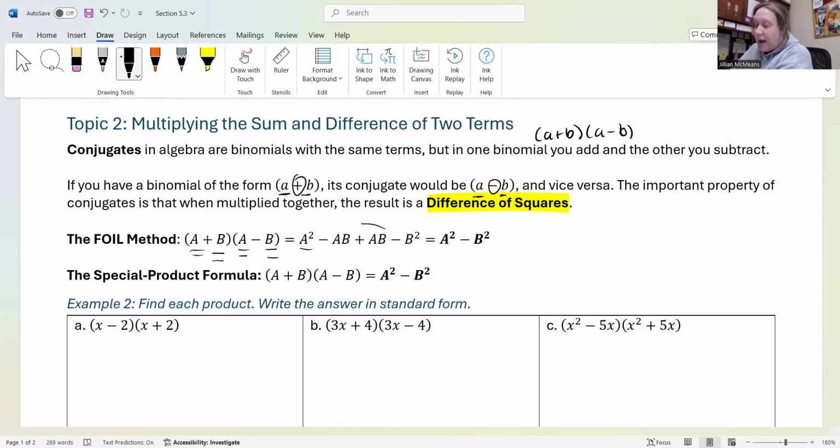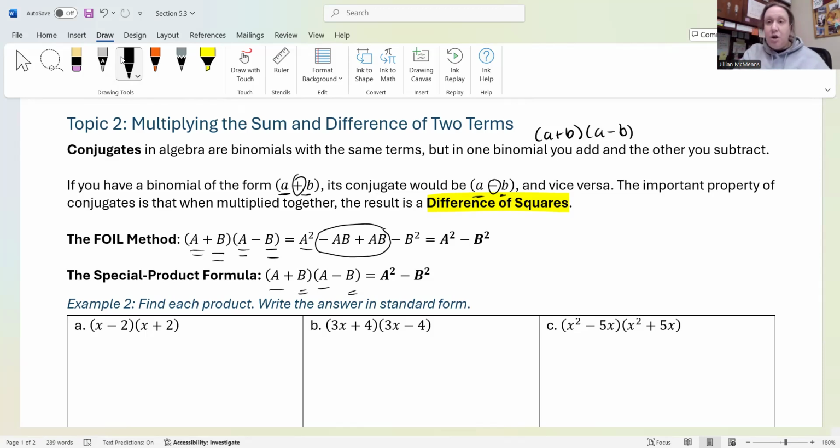Notice what happens with those middle terms. When you multiply conjugates, those middle terms basically just cancel out. They become zero. So essentially, you can just take your first terms and your last terms when you're dealing with conjugate pairs. Now, this only works when you're dealing with conjugate pairs, okay? So instead of multiplying using the full FOIL method, the special product formula is just multiply your first terms, multiply your last terms,